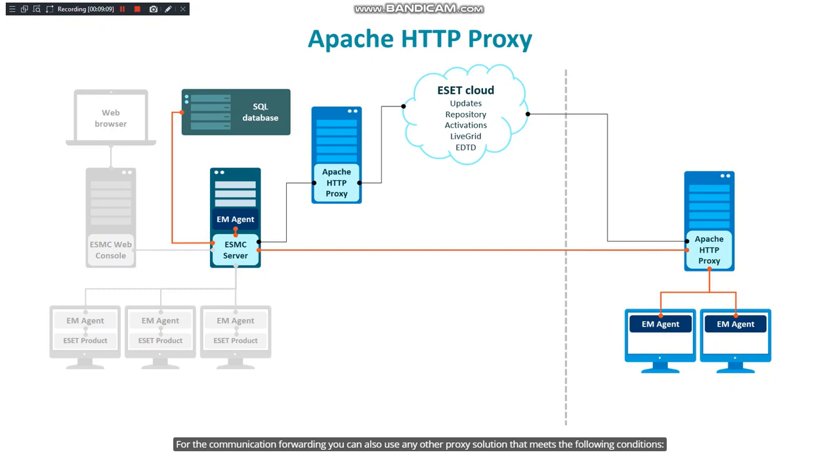For the communication forwarding, you can also use any other proxy solution that meets the following conditions. Can forward SSL communication. Supports HTTP Connect. Does not use a username and password. Besides the new forwarding capabilities, Apache HTTP proxy still possesses the web caching functionality that was already present in ERA 6. Apache HTTP proxy enables communication with asset servers, update servers, activation servers, repository servers, live grid and EDTD servers. It is able to cache and distribute updates to client computers and installation packages to the EM agent. It can perform a